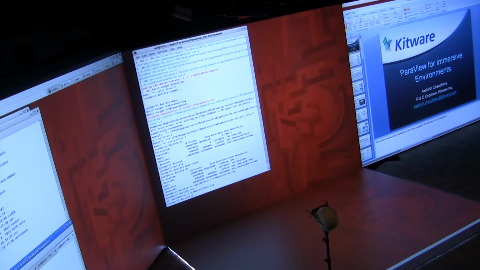So again, it's a pretty active community, both VTK and ParaView. The websites are vtk.org and paraview.org. There's a bunch of documentation for those things. Obviously, the documentation is never enough, so